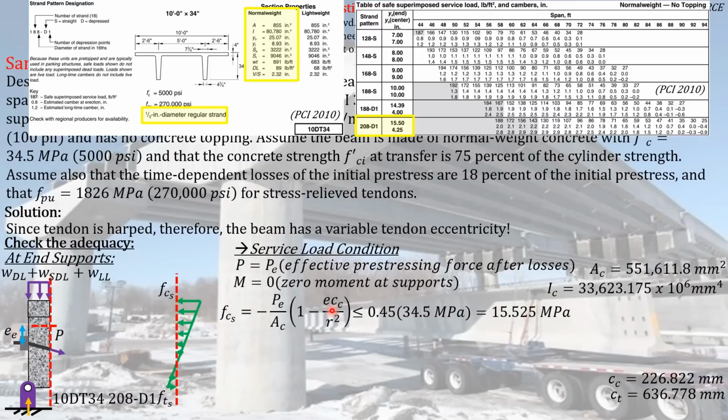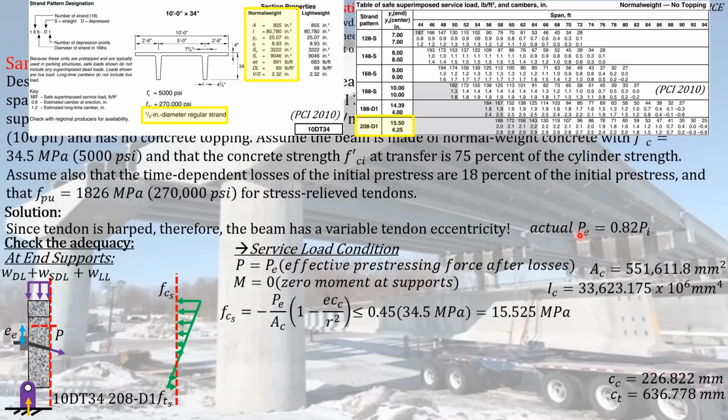So again, we just have to substitute the corresponding terms in order to find the actual stress that will be acting at the extreme pre-compressed fiber at the end supports at service load condition. And again, that actual stress must not exceed the allowable stress specified by the code, which is a compressive stress. So we just have to substitute all of the corresponding terms, which are the effective pre-stressing